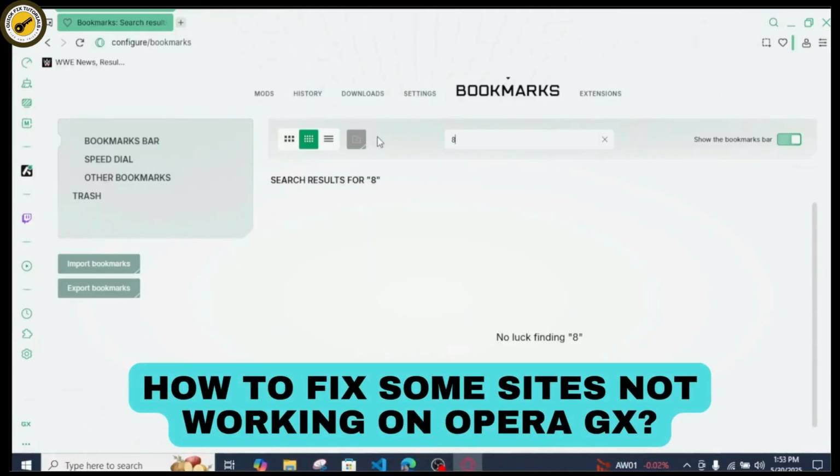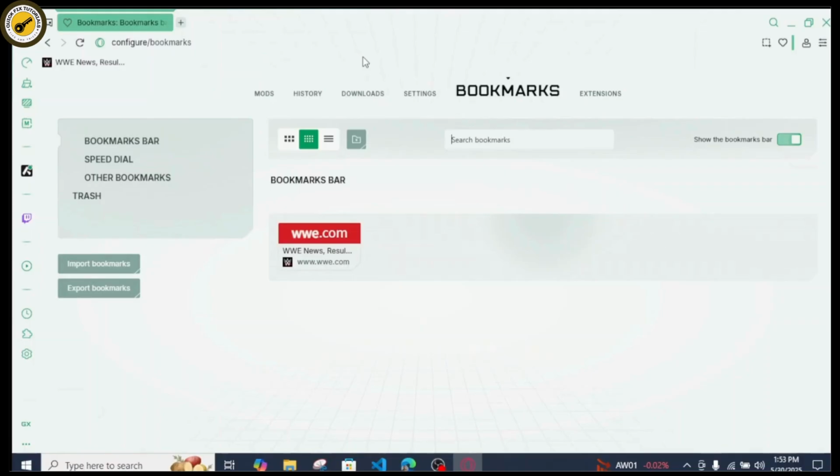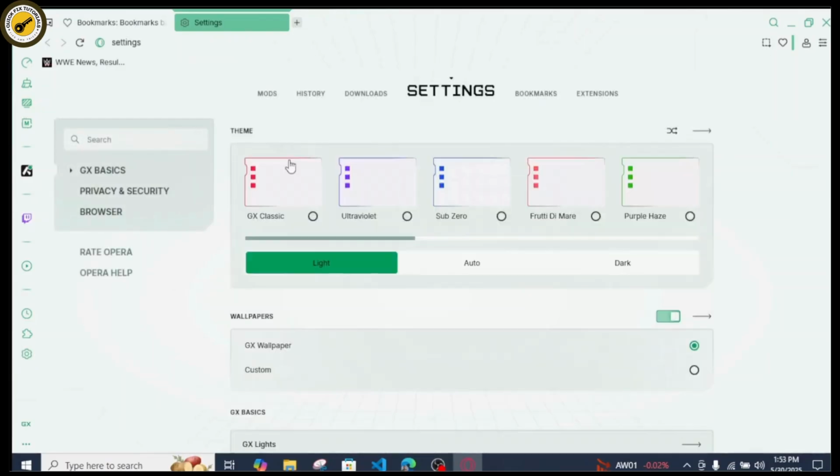How to fix some sites not working on Opera GX browser. So if you're also facing such an issue, here's what you need to do. First, just open up your Opera GX browser and simply head over to your settings under your left section,